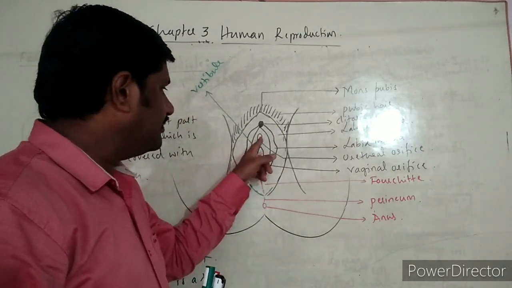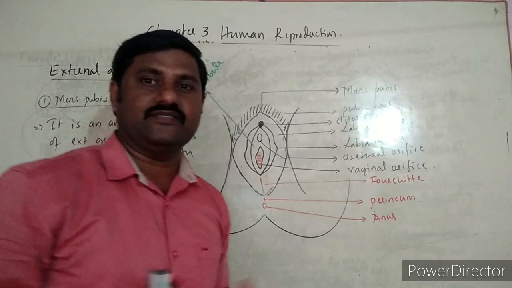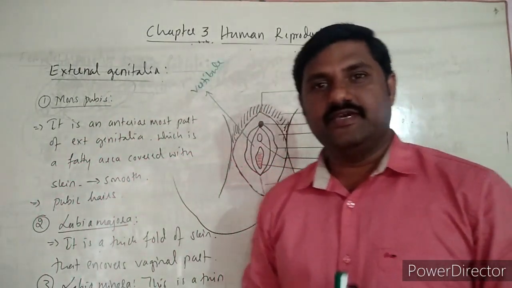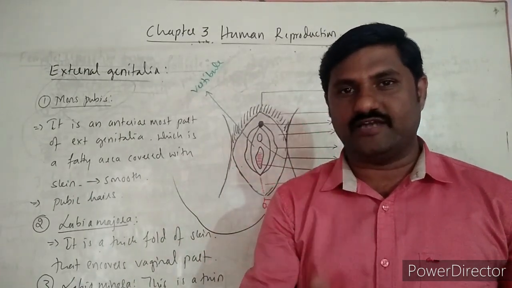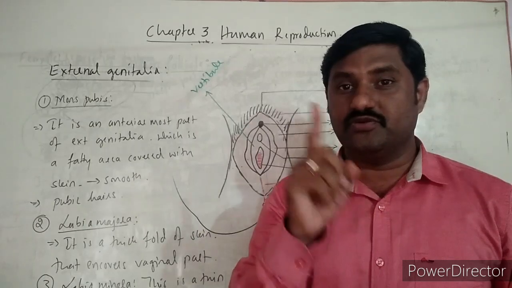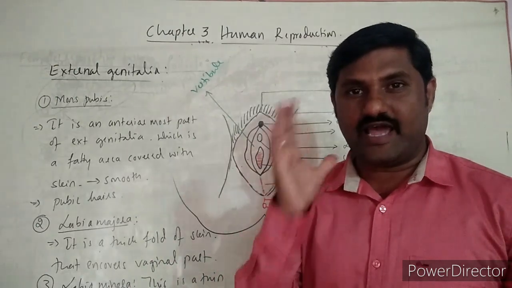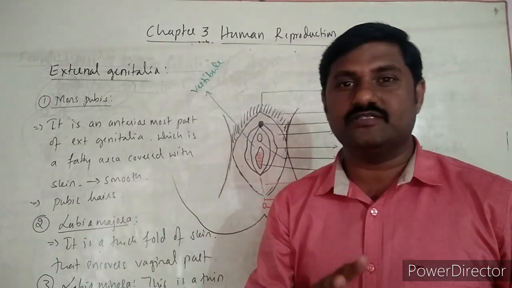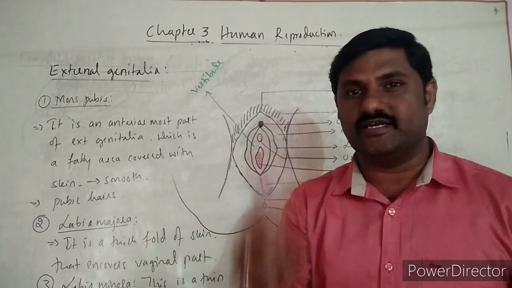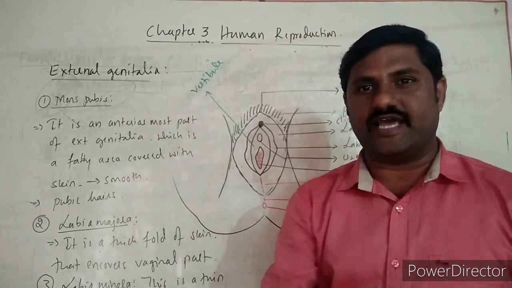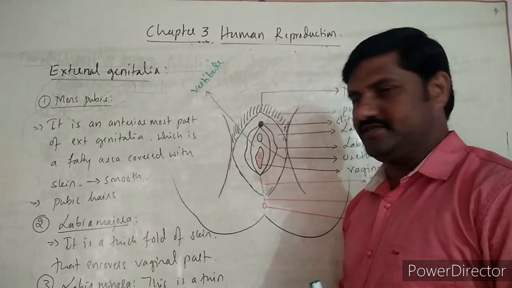Here is the passage for the urine and the other passage is here. So both the passages are separate over here. Hence it is not called urinogenital tract. The female reproductive tract itself is not said to be the urinogenital tract. In case of male, the urethra acts as the urinogenital tract. Why? Because it passes not only the gametes but also the urine. So this must be very clear to you people, right? I hope you have understood it, right?